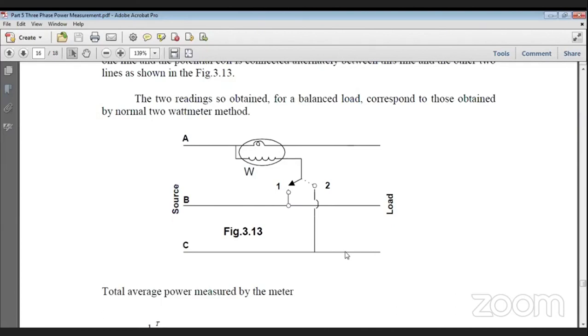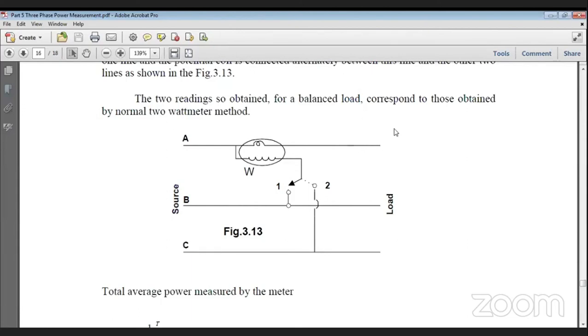But if you look at this figure, then the correct answer is I can measure it even with one wattmeter, under one condition: that it is a balanced load. So see, once the fundamentals are clear, all these sorts of questions we can answer. So please remember this question. Again, I repeat: how many wattmeters are required to measure power in a three-phase circuit? Immediately you should ask back a question: is it a balanced or an unbalanced load? Then I can tell you the interviewer will not ask you a second question. They will understand that you know it.